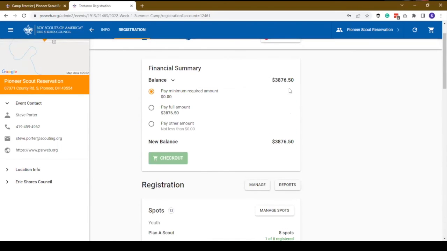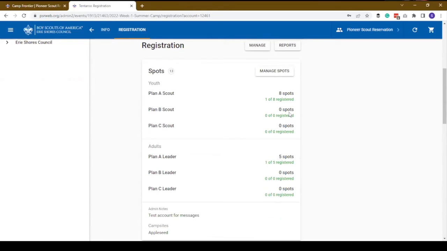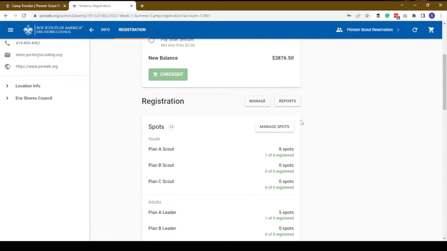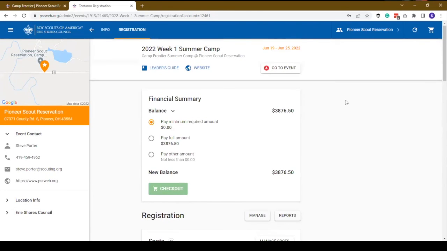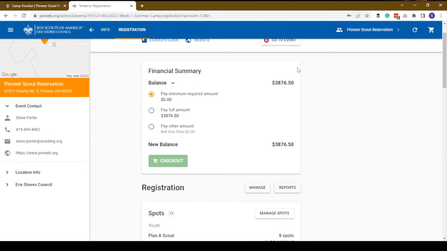If this price doesn't make sense, it's probably because you got to go down here and make some adjustments. So if you're planning on only doing partial leaders and you said you had 5 full-time leaders, then we need to get that adjusted so that price makes sense up here. Maybe you said you were bringing 15 scouts, but you're only bringing 11. Adjust your spots first down to 11, and then this price should look a lot more identifiable. Should be the correct price. If you ever have a question about details on why this price is what it is,